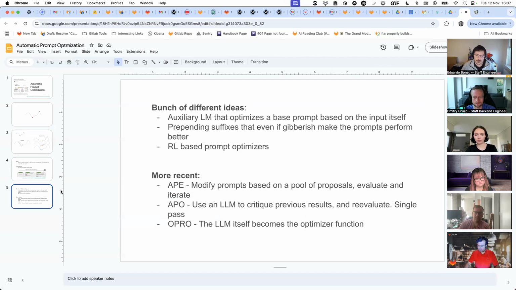The blog post first goes through some of the older or the initial proposals on how to do this. They're more reinforcement learning based, like either attaching something to the model or training a model for this specific task. So an auxiliary learned language model that will try to optimize the base prompt, or prepending. For me, this is hacky, really hacky. So training a prefix that is a string, it doesn't need to make sense, but just the fact that you add that prefix